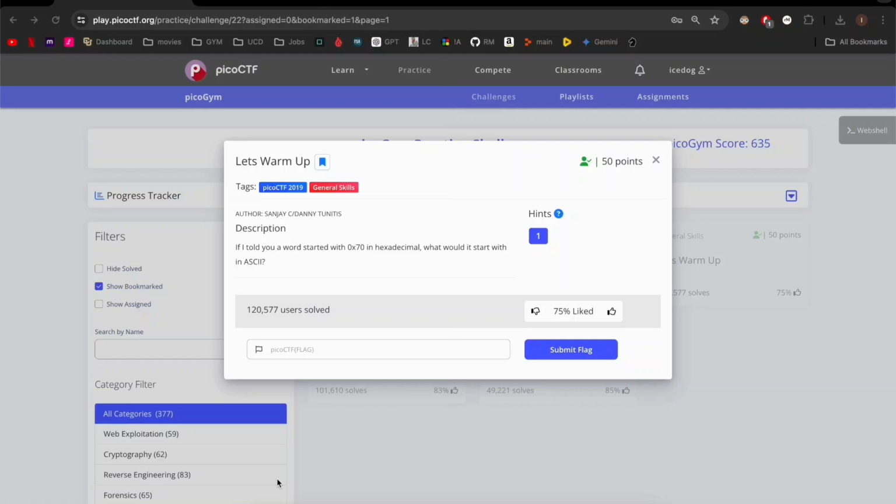I hope you guys had some time to get to work on these. The first solution I'm going to show you is for Let's Warm Up. And the description reads, if I told you had a word started with 70 in hexadecimal, what would it start with in ASCII? So I notice here that we have a hexadecimal value, 70, and it's asking for the ASCII